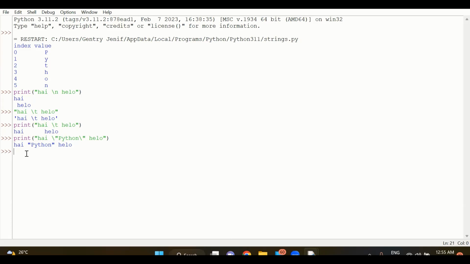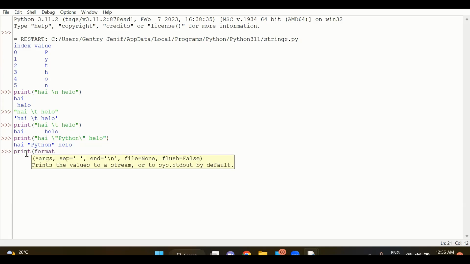Similarly, if you want to format the string, we can make use of the format function. It's a built-in function to display the output in some specific format. For example, if I want the output left aligned, right aligned, or center aligned, then I can make use of the format function and align the output. So for that, let's say print format of Python. Here, if you see the syntax, you have to give the value and the specific format. If I want to format the word Python,